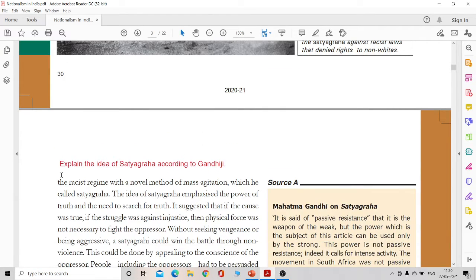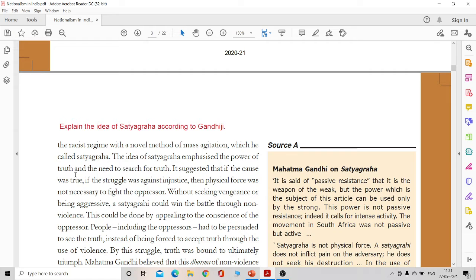So, as I said, the idea of Satyagraha. Explain the idea of Satyagraha according to Gandhiji, right? In order to deal with this growing racist regime that was the British, Gandhiji devised a new way of mass agitation, which of course did not have any place for violence, and